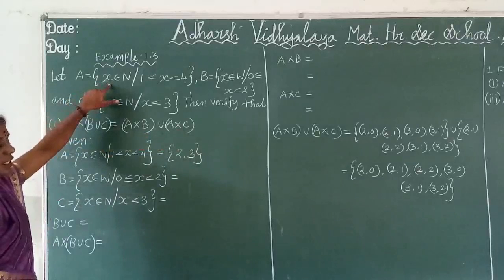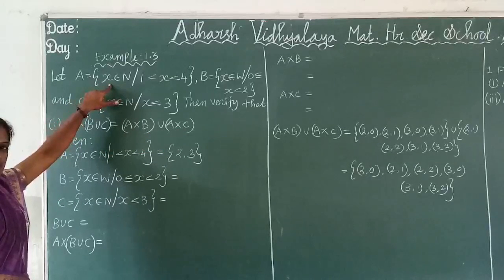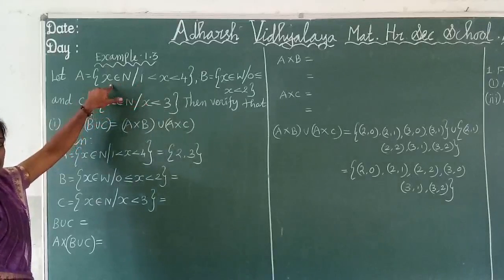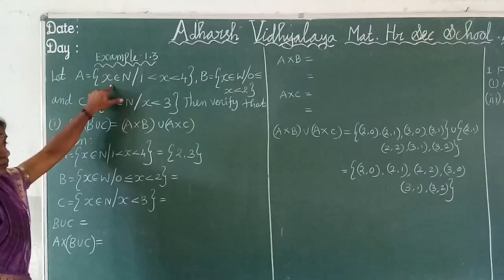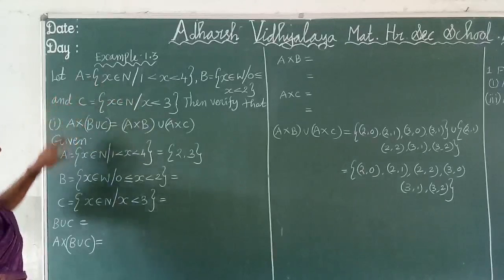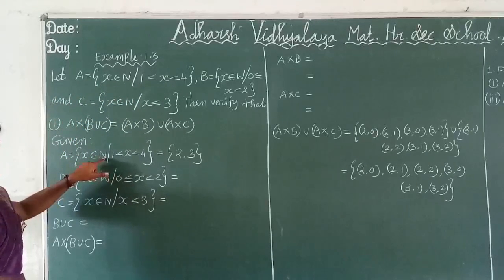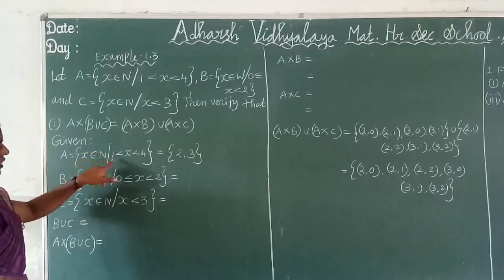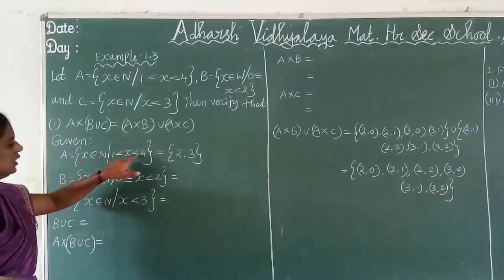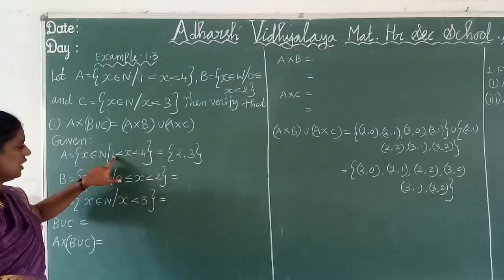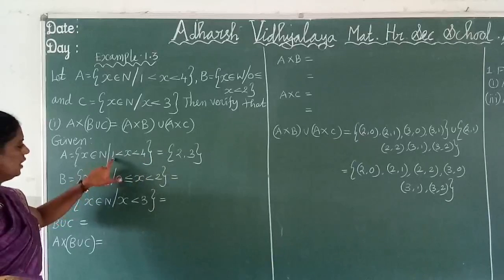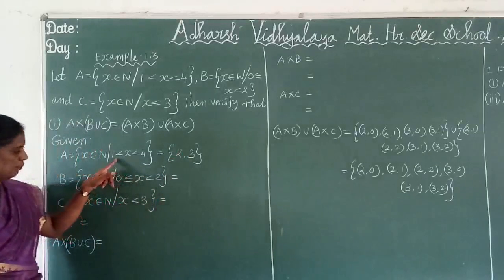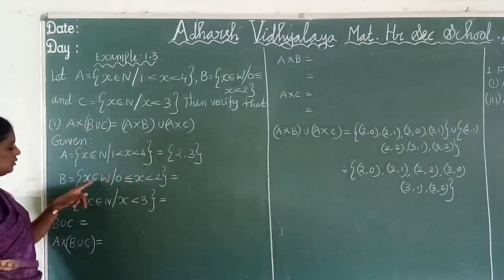So this one, do you remember this? Already studied in 9th standard. This is set builder form. We want to convert it into roster form. So how do we convert? A is equal to x belongs to N. N is the natural numbers. That x belongs to the natural numbers. The condition is such that 1 is less than x is less than 4. So the numbers lie between 1 and 4 but not equal to 1 and 4. So the answer is 2 and 3 only. Next, B is equal to x belongs to W.